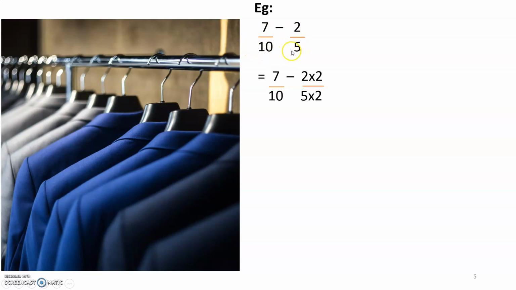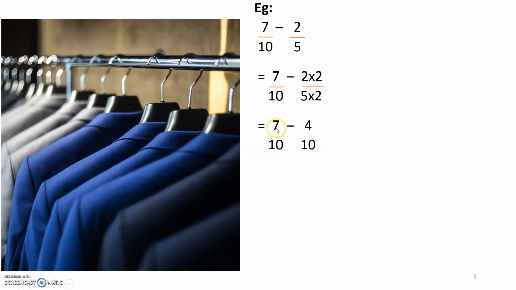Now how will we convert? So here I have kept 7 upon 10 as it is, and only multiplied 2 upon 5 by 2 into 2. Now why have I done this? See, in the 5 table, 10 comes. 5 twos are 10. So for that reason I have multiplied the numerator and denominator by 2. If you don't know by which number to multiply, in that case you will divide the bigger number by the smaller number. When you get remainder 0, you will take that quotient and multiply the fraction by that quotient. So here I have multiplied by 2.